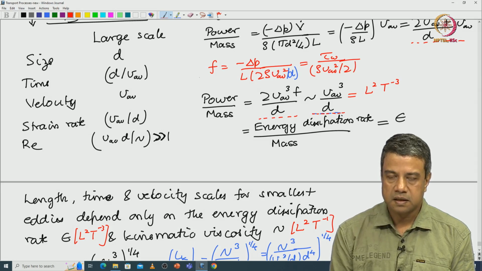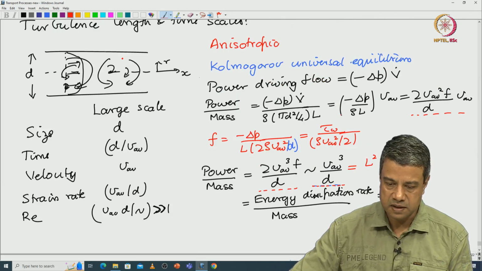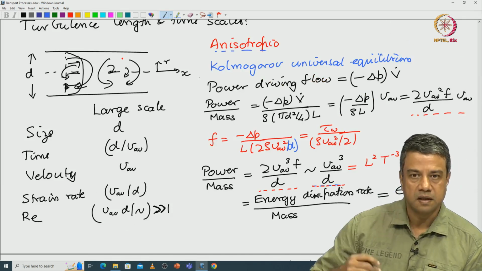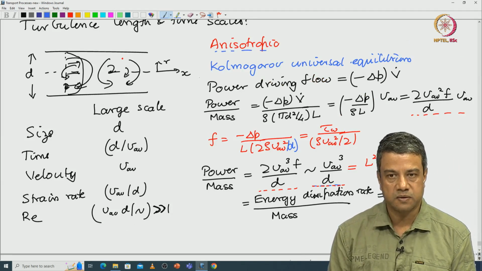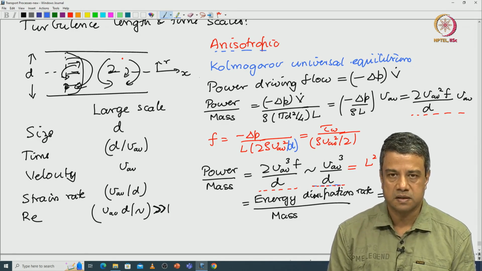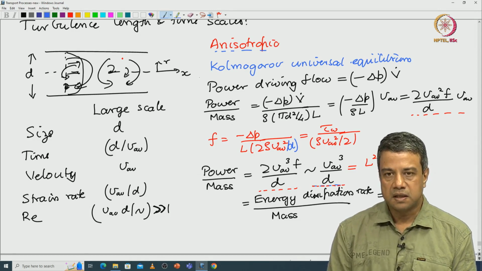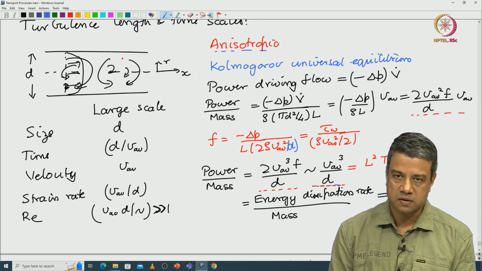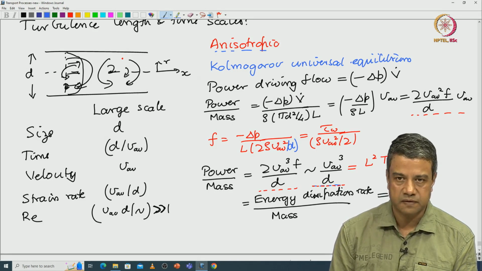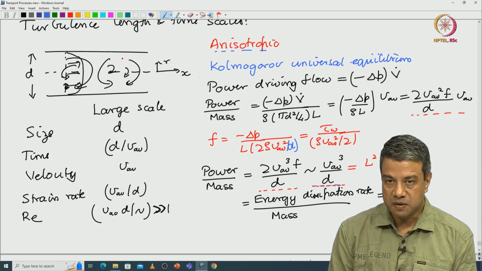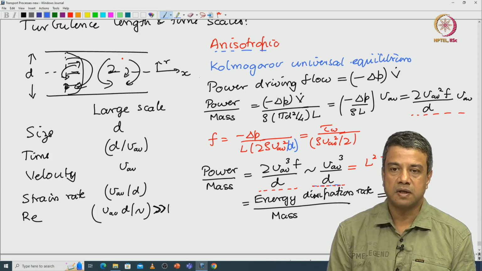I had said that the flow at the large scales is anisotropic, that is, the velocity fluctuations at the large scale in the three different directions are different in general. The velocity fluctuations in the streamwise direction will typically be much larger than that in the cross stream directions. So, it is anisotropic. The smallest scales are so much smaller than the large scales, and the velocity scale is so much smaller than the average velocity, such that the dynamics of the smallest scale eddies does not directly depend upon the average